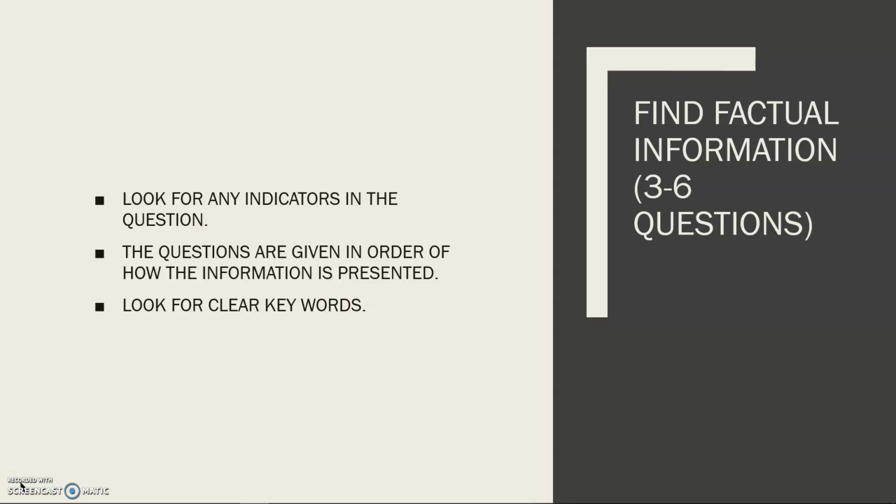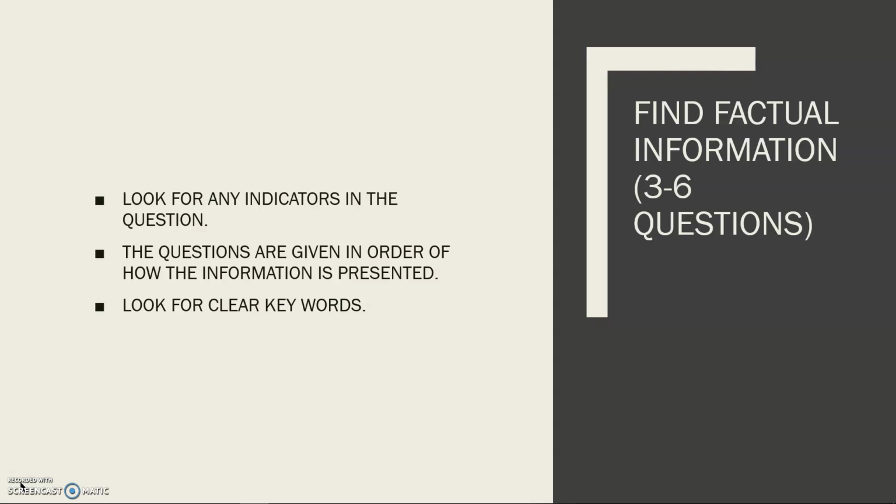And also these questions are given in the order in which the information is presented. This means that the information to answer the second question will probably be found after the information used to answer the first question. And look for clear keywords such as dates, locations, names, which help you to scan for information and